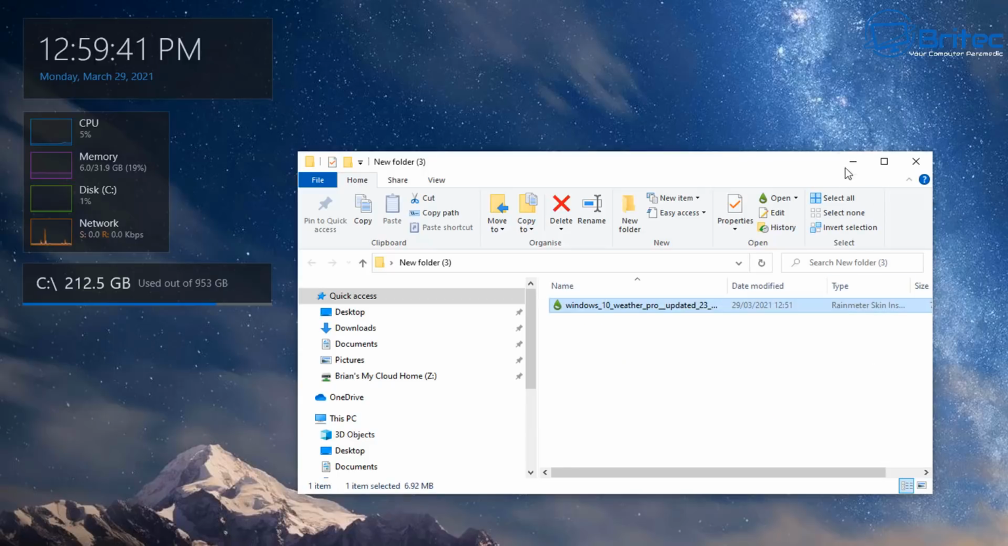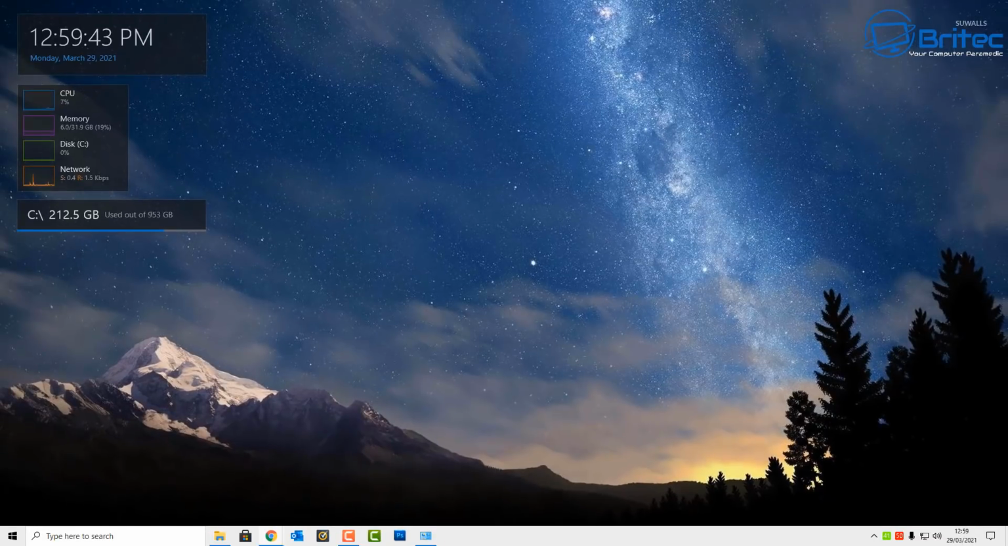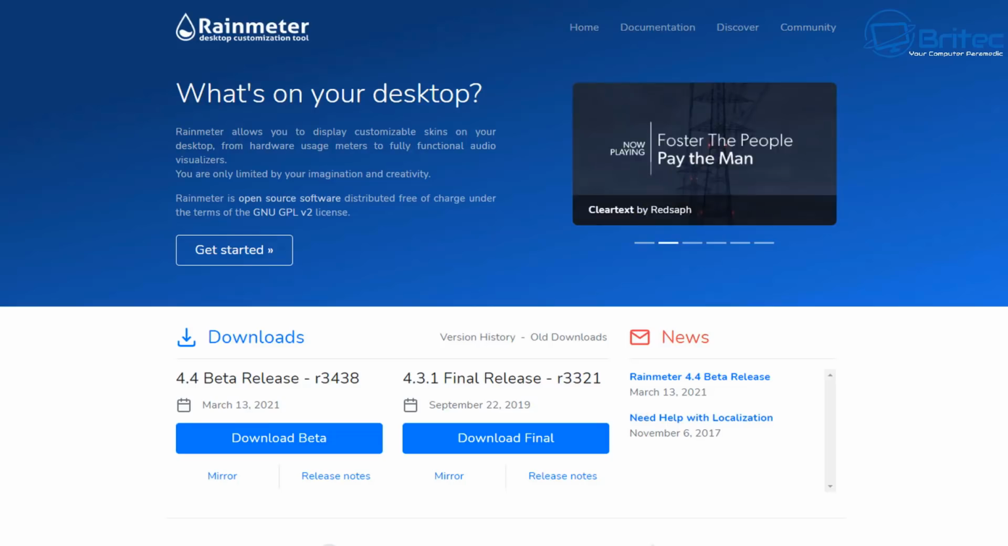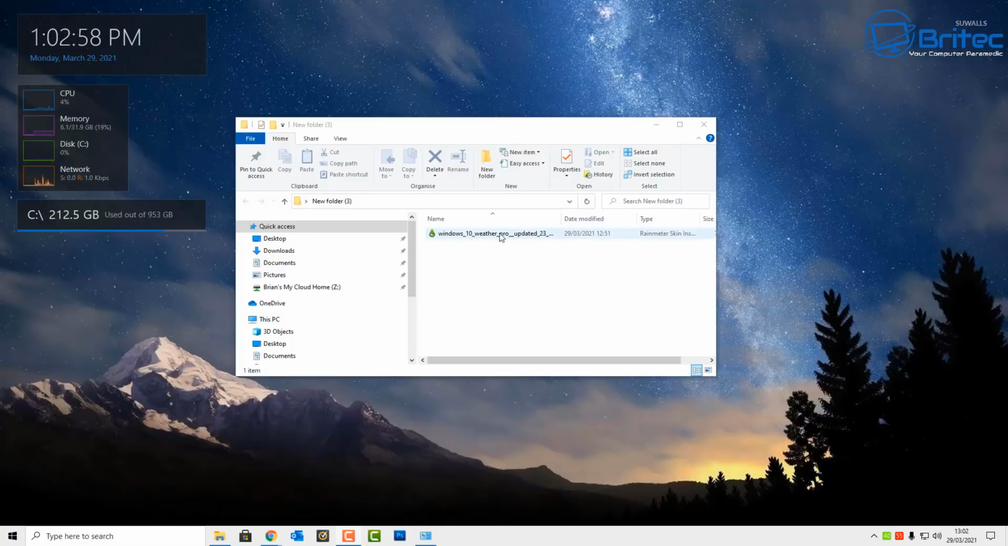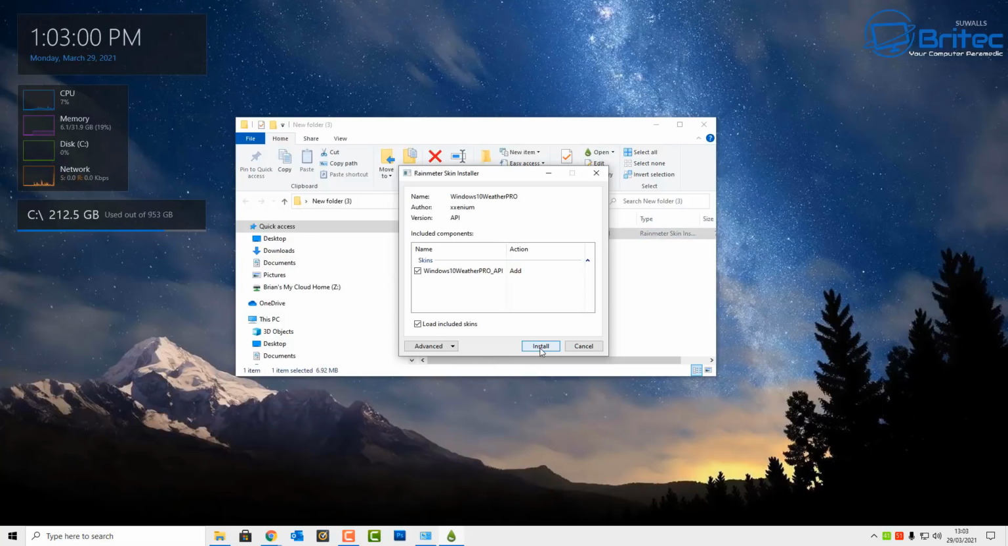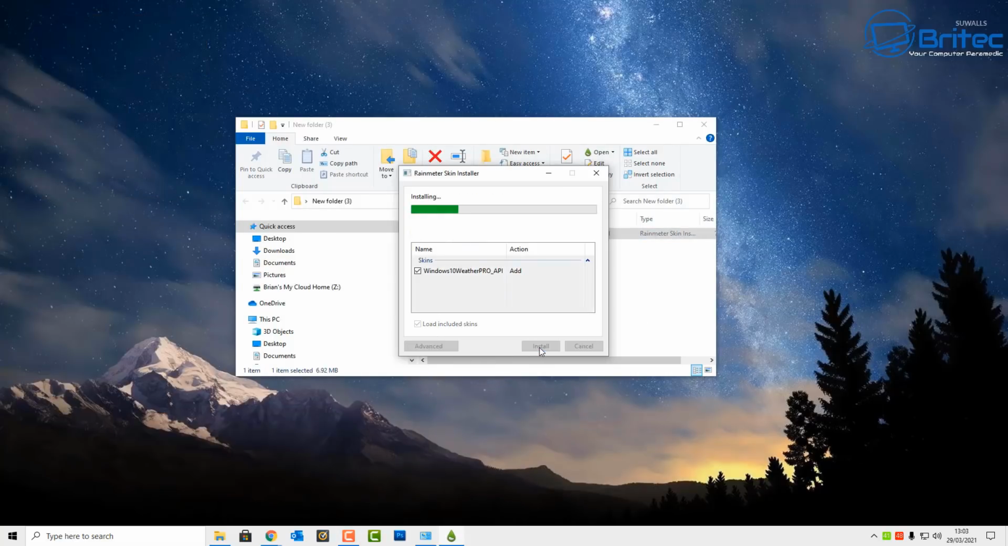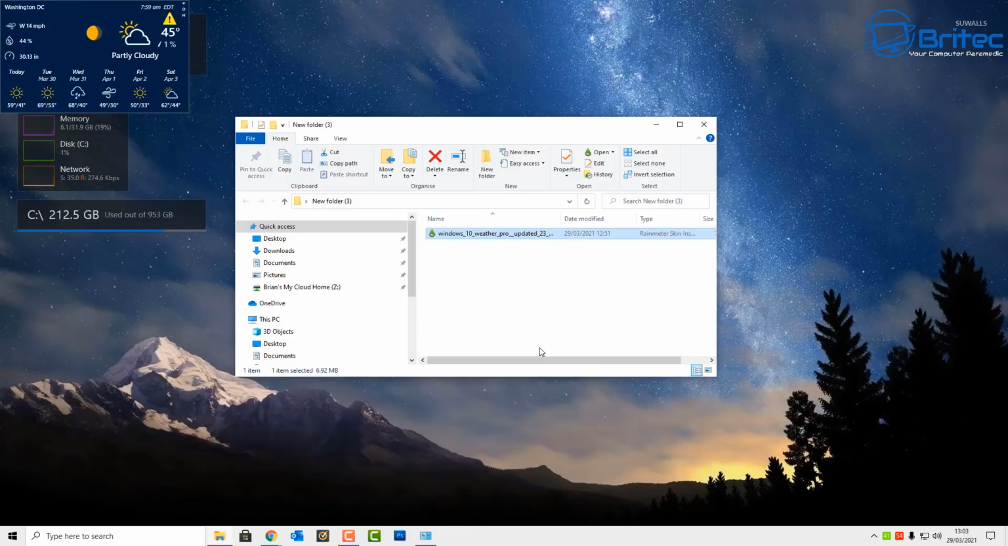So I will need to go to the website and download that. You just need to go to Rainmeter and basically download that. It wants you to use the 4.4 version, which is beta. So I've downloaded and installed that over the top, and my skin is still working. So what I'm going to do here is I am just basically going to add this, and now it's added